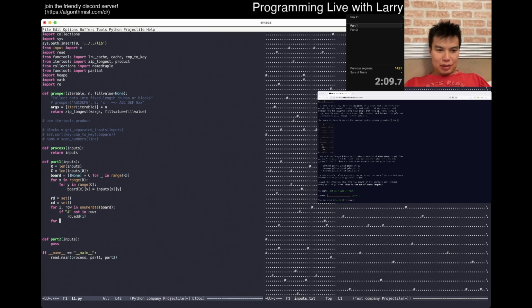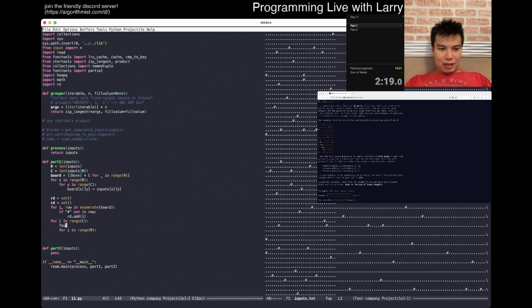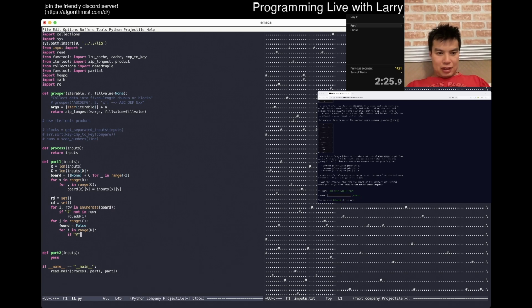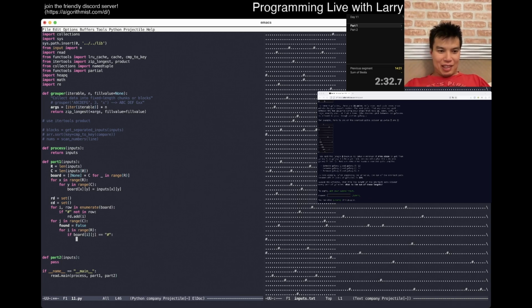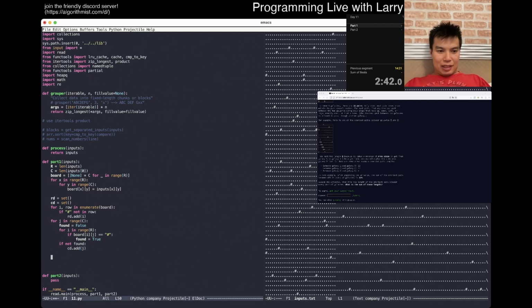And then now for j in range of C, for i in range of R, found is equal to true or false. If board of ij, why do I mix ij and xy? No one knows. True. If found. If not found, then cd dot add j. Okay, and then now we can do